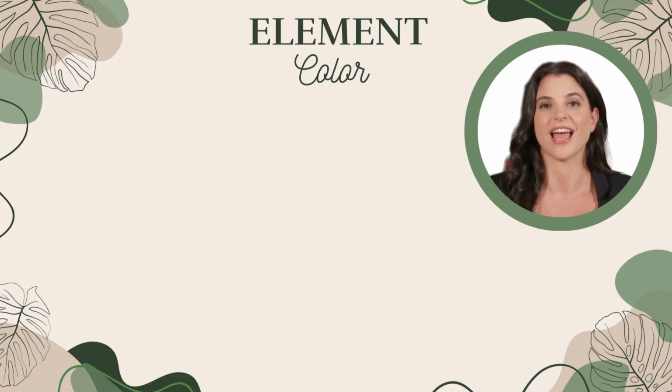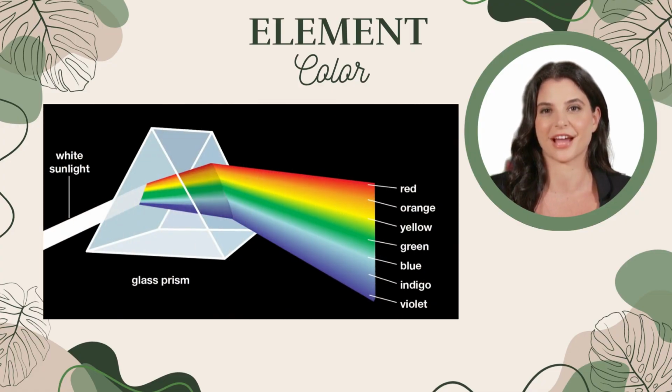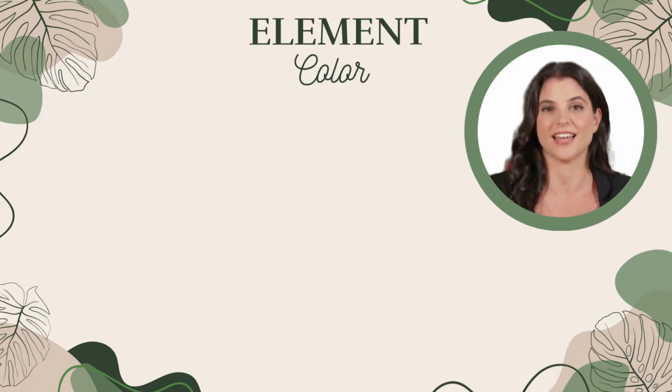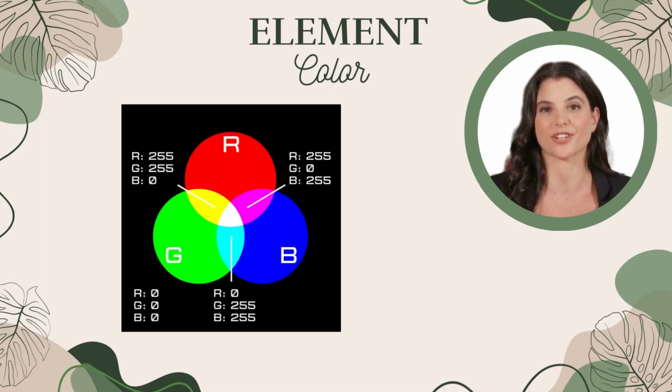In contrast, color as light comes from the visible spectrum explained through science. Each color corresponds to a wavelength. Red is the longest, violet is the shortest. Together, these create the rainbow we see when light passes through a prism or raindrops. In this model, the primary colors are red, green, and blue, forming the RGB system we still use in digital